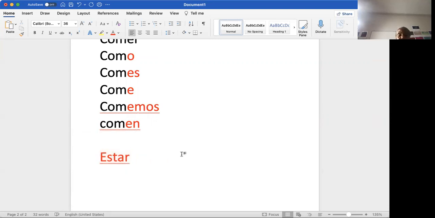If I give you the verb ser, you can't conjugate that verb. Why? Because it doesn't follow the rule. So the AR verb rule doesn't fit the verb estar in almost any tense, just one or two tenses maybe. And the ER verb rule for the verb ser doesn't fit. Why? Because it's